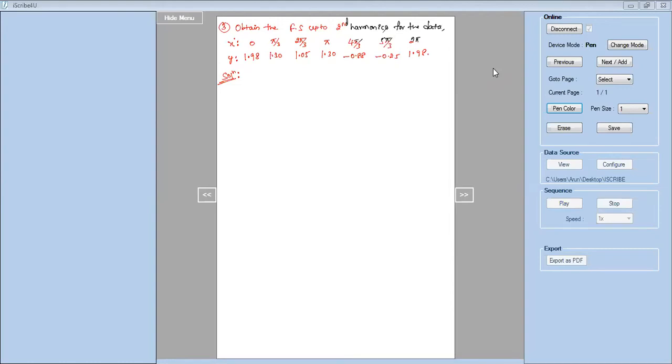Okay, so anyway, students, in the last class we were discussing the problems on harmonic analysis. Harmonic analysis is a numerical concept of finding the Fourier series, right? If you want to calculate the Fourier series up to some number of harmonics, say up to the first harmonic, second harmonic, and so on, I can make use of this harmonic analysis concept. It is a numerical method and an easy procedure to find the Fourier series, right?